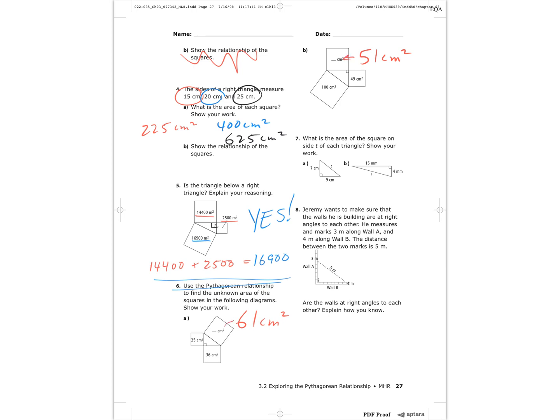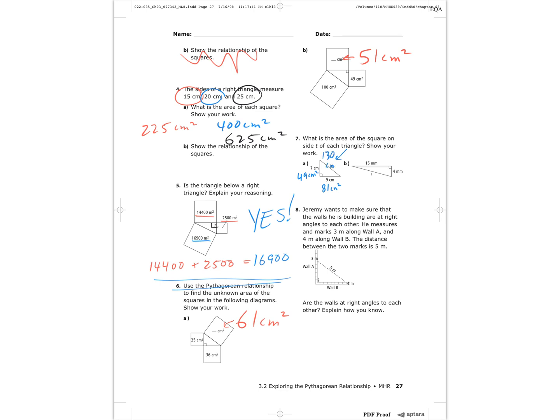Okay, and this one here down in the corner is that. What's the area of the square on side T of each triangle? So they're taking it one step further here. So this one, the square on the side would be 49 centimeters squared. The square on the side of this one would be 81 centimeters squared. And when we add those together, it would have to give us the square on the side of the hypotenuse. So 49 plus 81 is